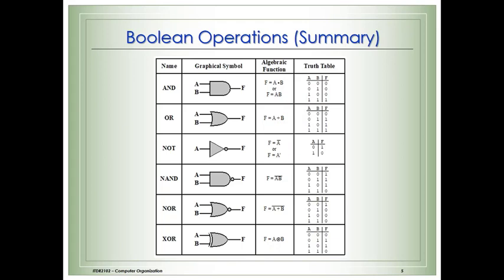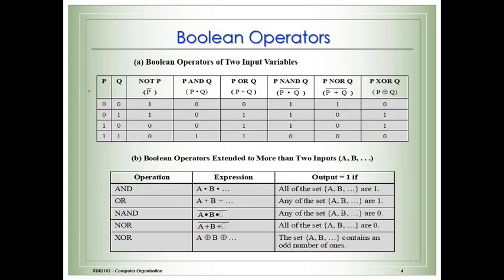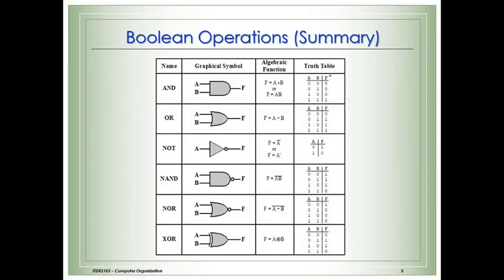Then again, this table that we have written over here: these are the inputs, these two inputs, and these are your outputs for different operators. This table is called a truth table. So what is the truth table for AND? As the definition of the AND operator says, you will get the result true, meaning 1, only if all the values are 1. If any of the values is false, the result is false.